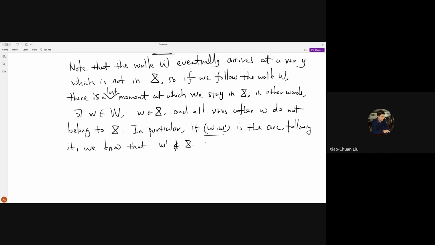So we find this arc a equals w prime, it belongs to the boundary of x. So in particular, this is not empty. Okay,